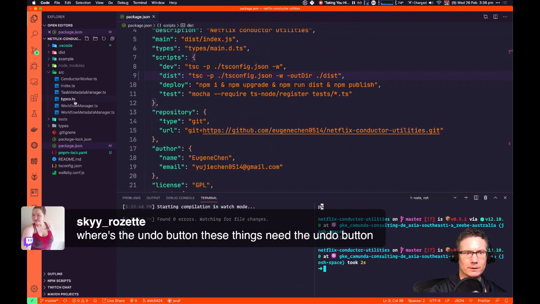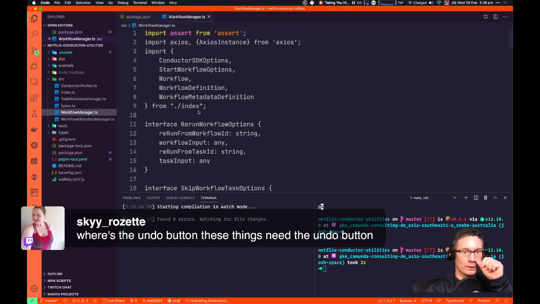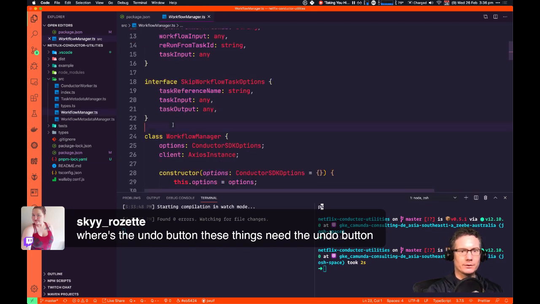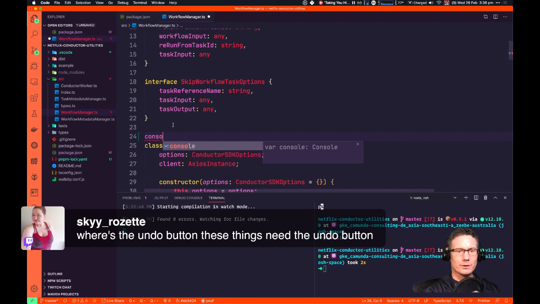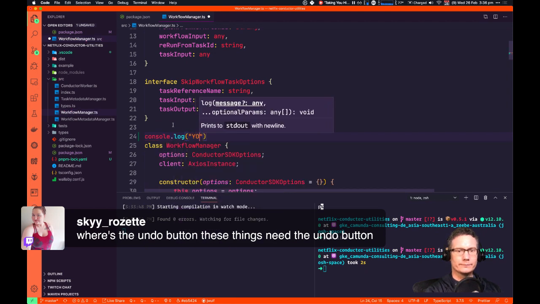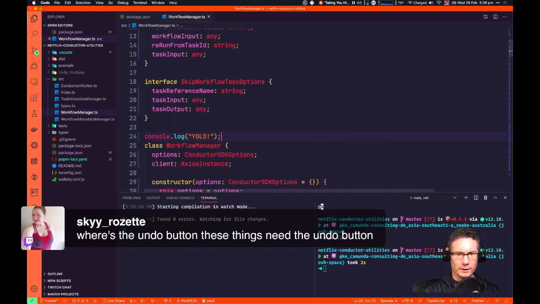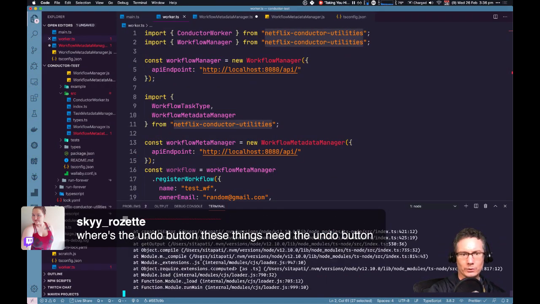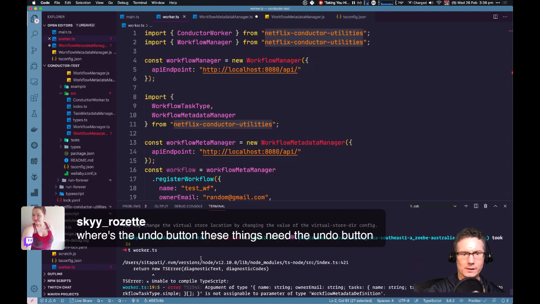So if I go into taskflow, this workflow manager thing, and just go full ghetto in here and do this console.log YOLO. Save that. This should run. Yep, that ran. And then if I just run that, I should see YOLO printed out to my screen.